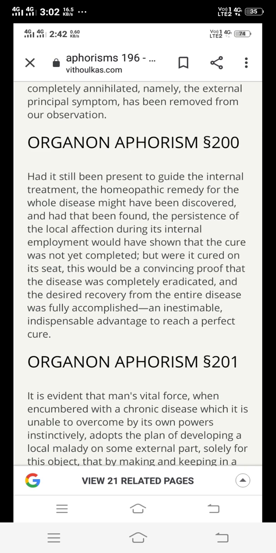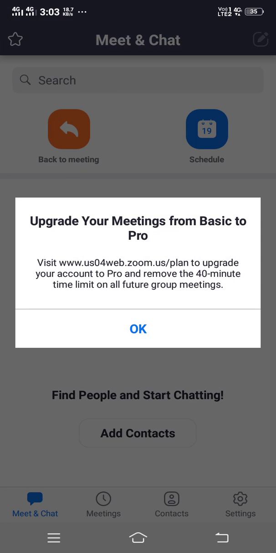So what it explains is the local disease and the sign of homeopathic cure, how it is cured. When in a local disease internal homeopathic remedies are administered on the basis of local symptoms as well as on the whole being jointly, if after use of such internal homeopathic remedies the local symptoms get eradicated, this is the convincing proof of homeopathic cure. So when you use the homeopathic remedy for local diseases, and that remedy is selected on the basis of,